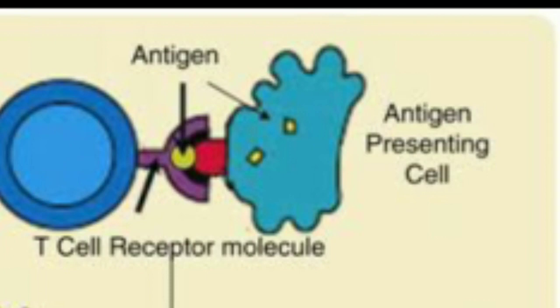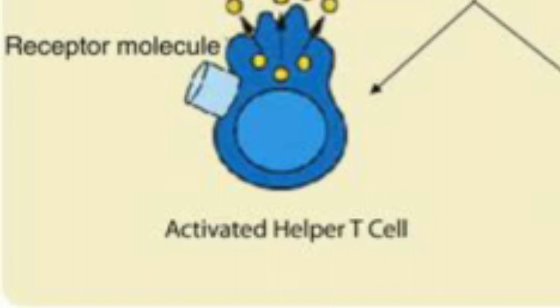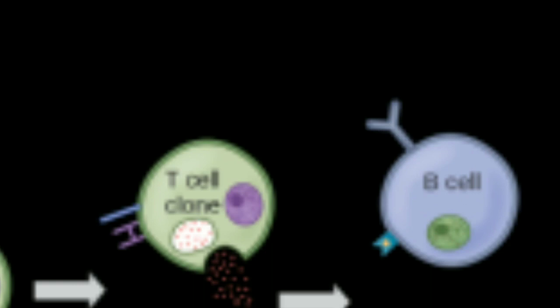These T cells are located in our lymphoid system, including the lymph nodes. Macrophages go there and present the part of the virus to the naive T cell, and those naive T cells also get stimulation from the cytokines, which also come from the macrophages, and then they make T helper 2 cells. These T helper 2 cells then have to go to the B cell, which is another element of our immune system. These B cells are also located in the lymphoid tissue, including the lymph nodes.